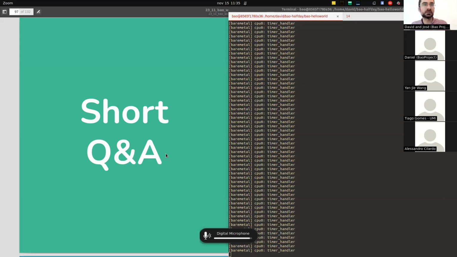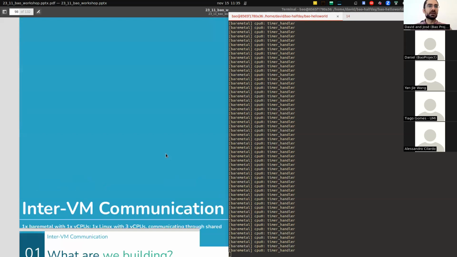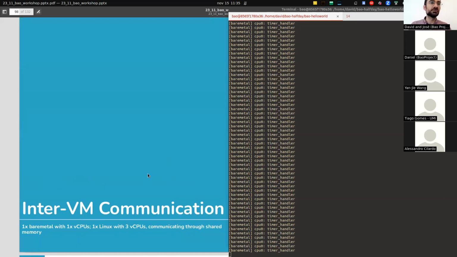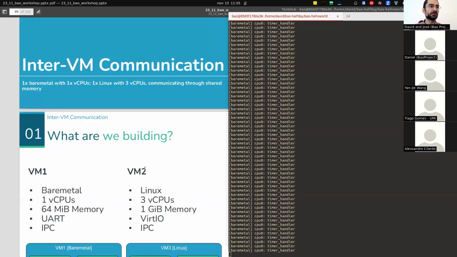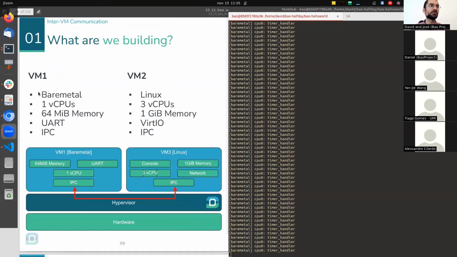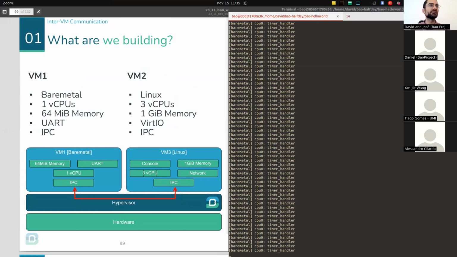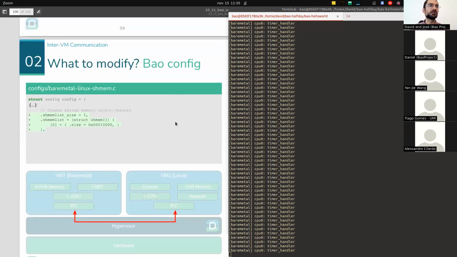So now let's go into the next example. And the next example is establishing inter-VM communication. So this will be our last example and our most complex one so far. So as before, we have the same hardware platform, but now we are configuring it with what in Bao we refer to as the inter-partition communication, an IPC. So same as before, 1 vCPU on the bare metal, 3 vCPUs on the Linux, 1 GB of memory for Linux, etc. So the way we do this,